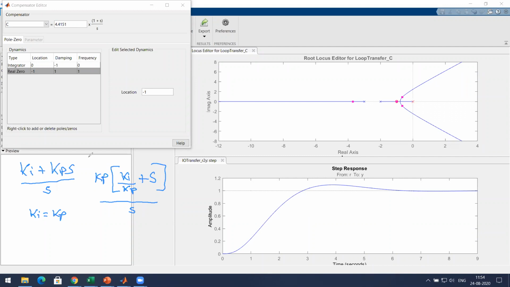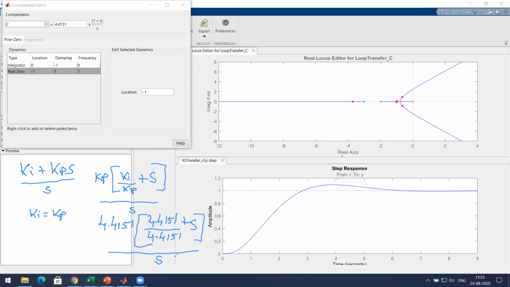So this can be written as, see this thing, Kp would be 4.4151 into (4.4151 divided by 4.4151 plus s) divided by s.